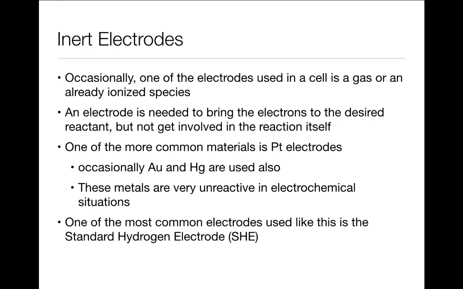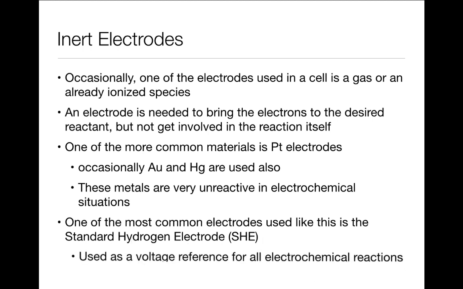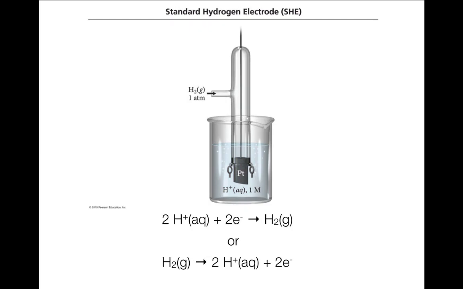Another common electrode that's similar to this is what's called a standard hydrogen electrode, or an SHE. And the reason it's so common is that we use it as a voltage reference for virtually every chemical reaction that we see. So here's an example or a diagram of a standard hydrogen electrode. We've got hydrogen gas flowing in here at 1 atmosphere, and it will fill this test tube. This is sealed up in here, so gas can't escape up in that area, but it fills this complete test tube and it puts it in contact with